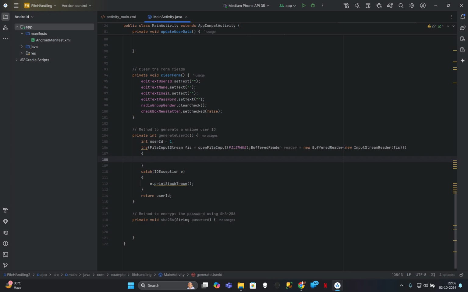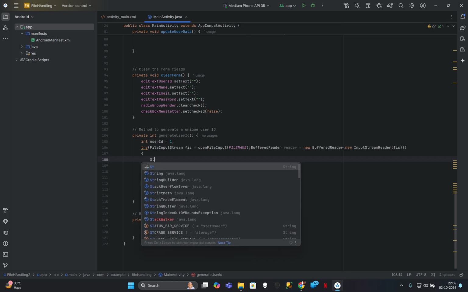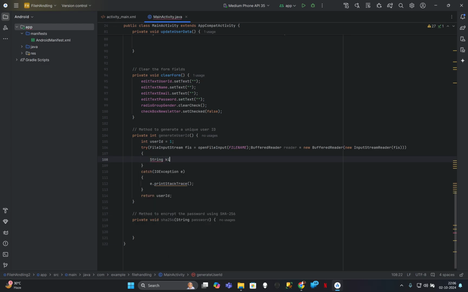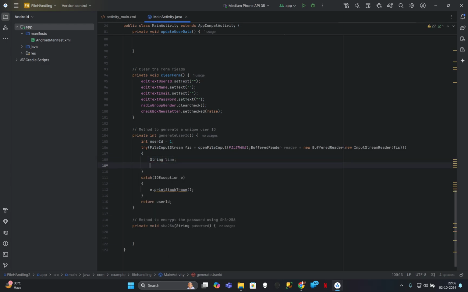Once I know the number of rows, only then I can give the next user ID for the next row, whichever row would be coming in. So for that, I'll require a variable which will hold my line temporarily. So for that purpose, I'm declaring this string line. Then I'm going to parse through my file. So I'm just going to say while line